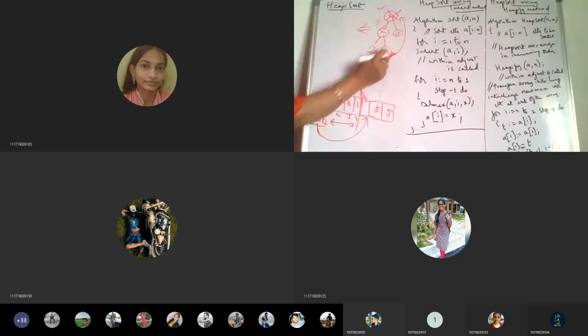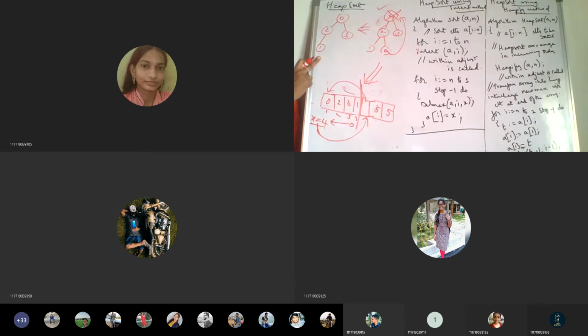Like this, when 0 is occupying the root node, we have 2 here, we have 3 here, and we have 1 here. Okay. So after readjusting, deleting, and inserting the last one into the root, this is the tree structure we got. And once we got this, is it a max heap? No. So what we have to do? We have to adjust. Okay.